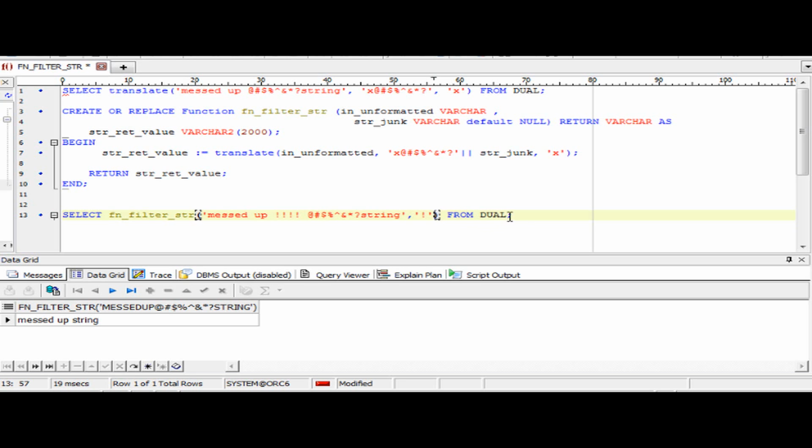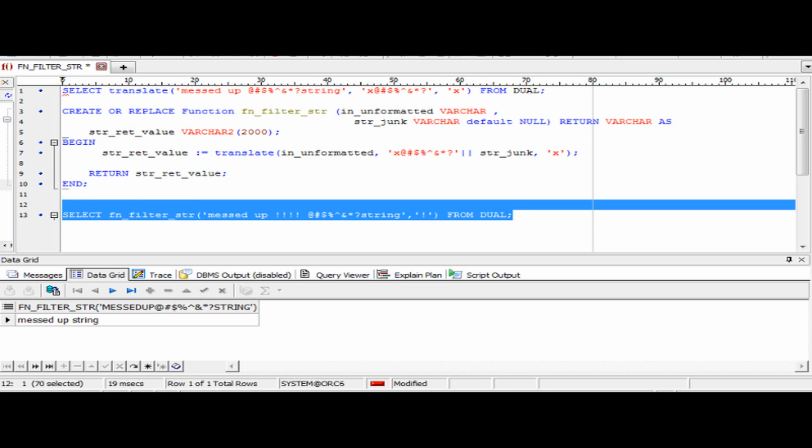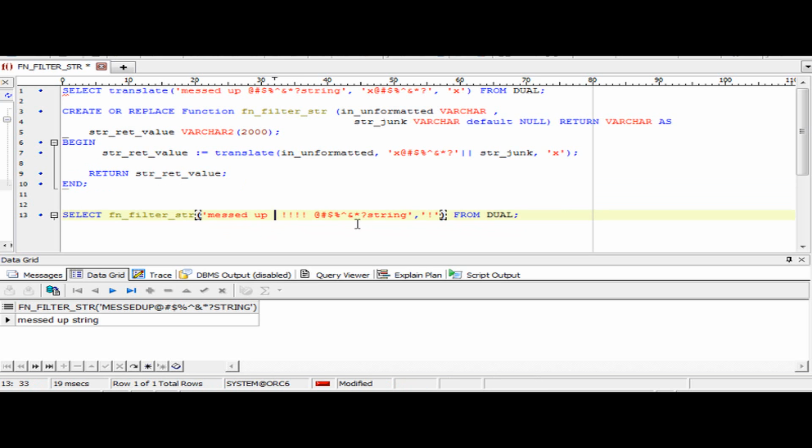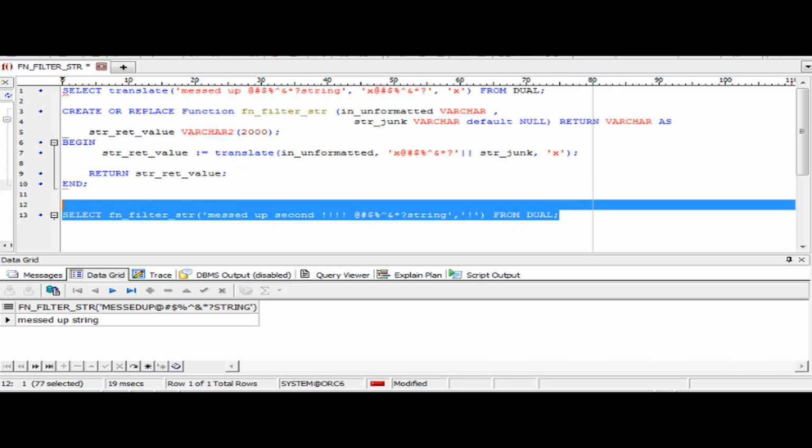So we have to filter all the extra characters here. Now let us test. Now we got it filtered. We are able to add our own characters here. This is how we change existing functions or create new functions which will be more flexible as well as useful in any situation.